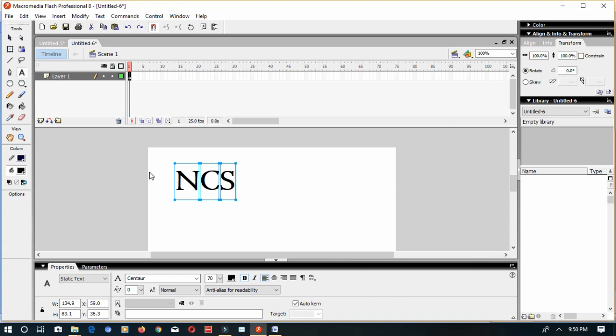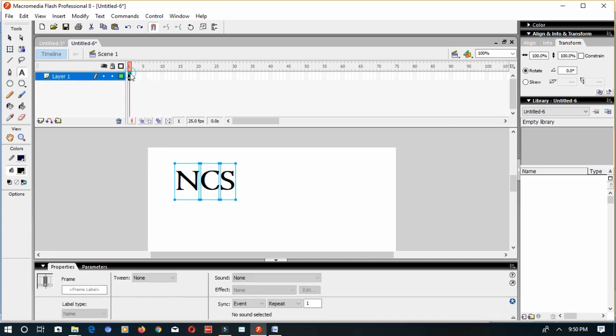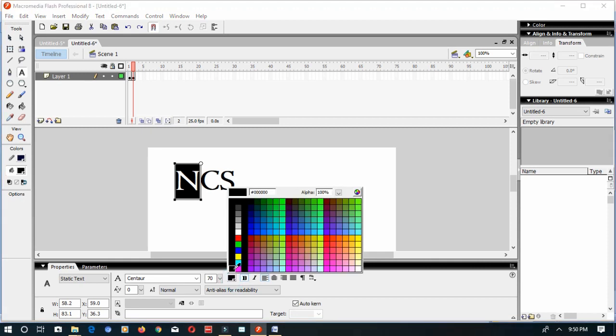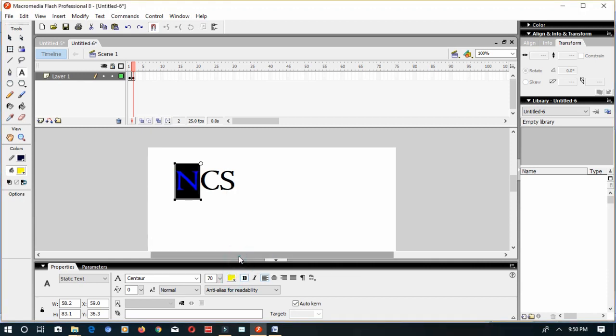Now I want to copy this text to different frames. Select the first frame and you can press the F6 key to insert a keyframe, or you can right click and say insert keyframe. So now I have inserted a new keyframe. Now in the next frame, I will change the color of this text. I can change any of the color from here.